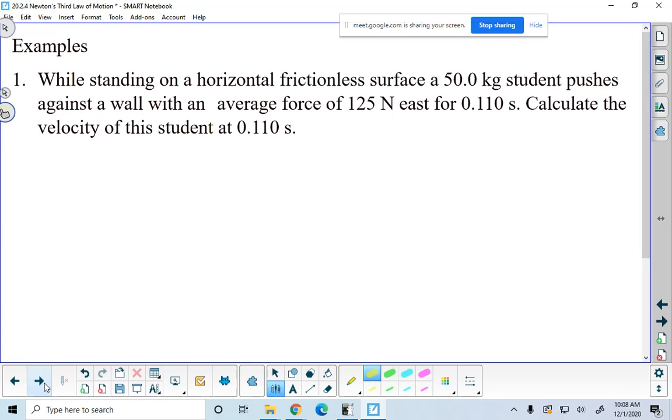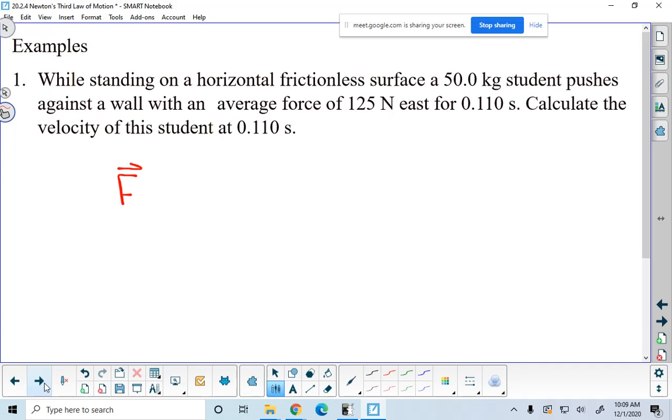You're standing on a surface, you have a mass of 50 kilograms, and you push on a wall with an average force of 125 newtons for 0.10 seconds. What's the velocity after that time? I would be willing to bet that many of you can do this question without even thinking of Newton's third law. But when you apply